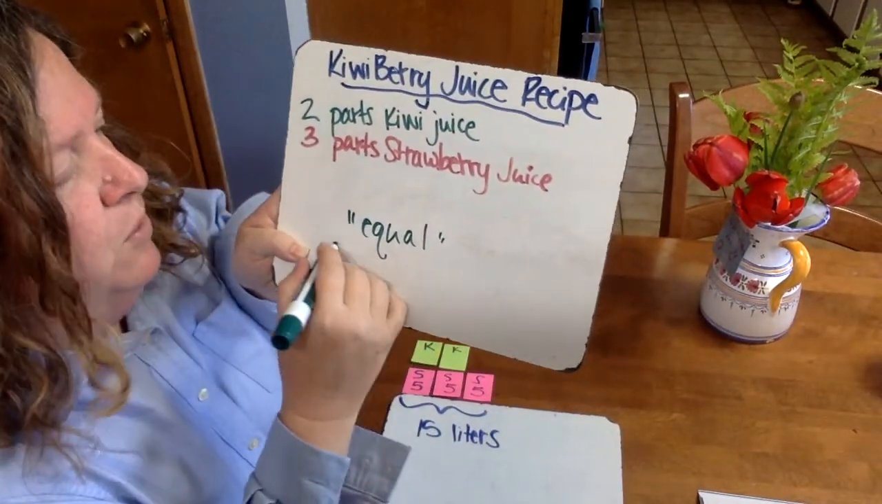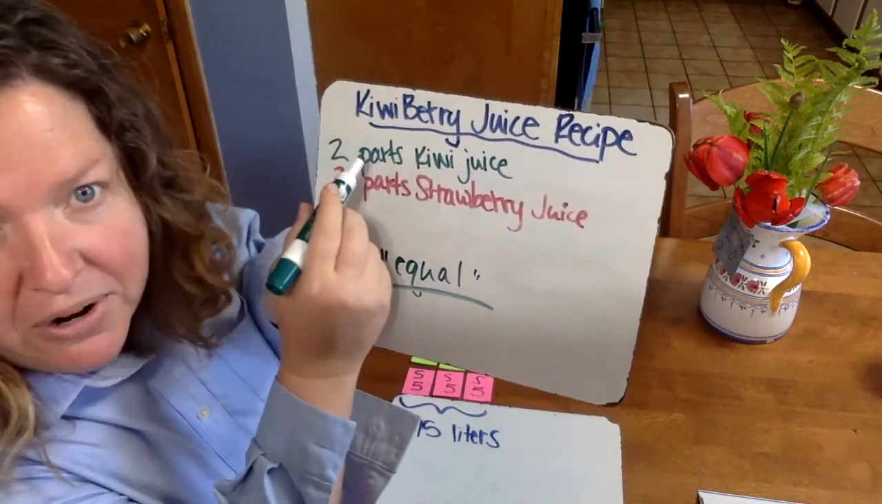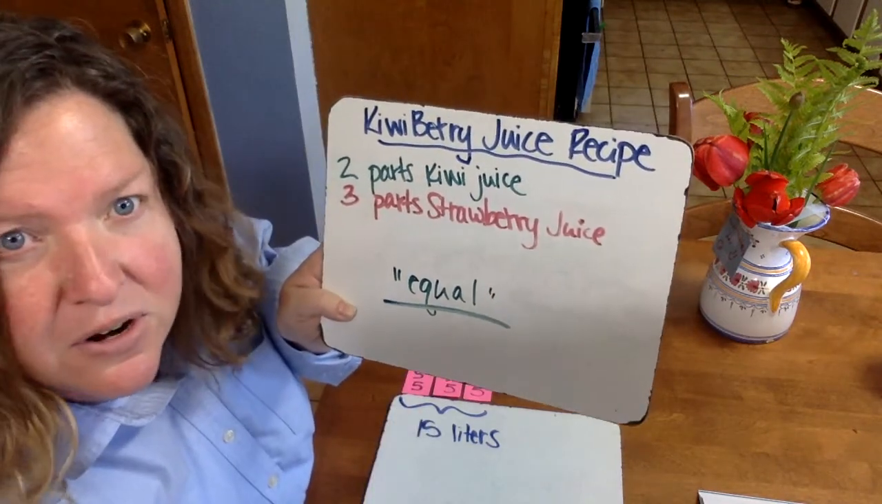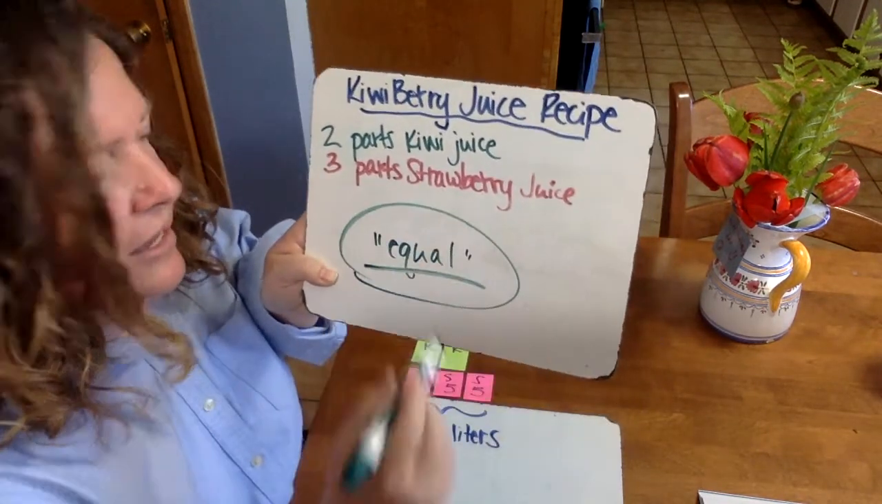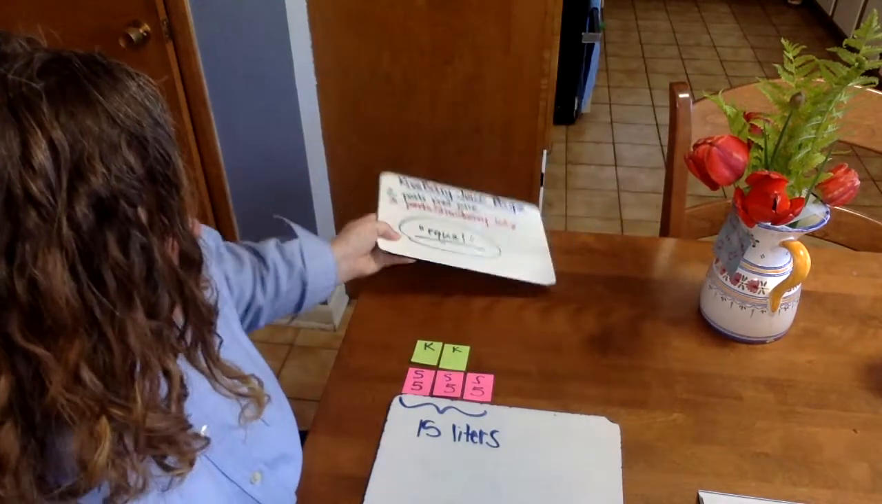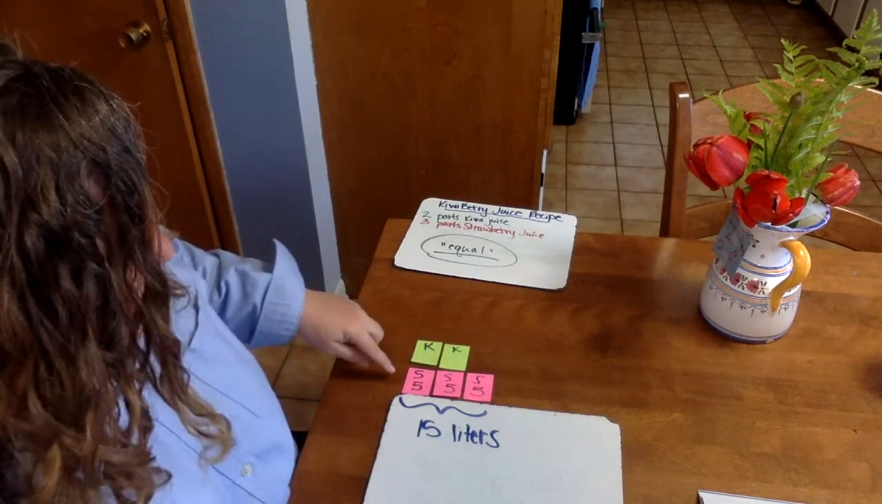We have to have that word equal in our mind. 2 equal parts to 3 equal parts. It doesn't say it in there, it's invisible, but we have to be thinking when we're talking about part to part that the parts are all equal. So if we look and know these parts are all equal,